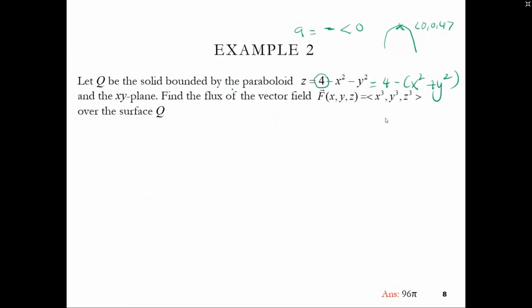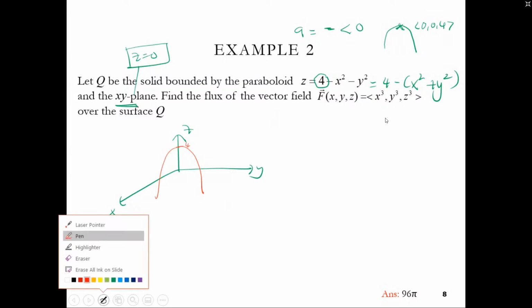Okay, this is the surface. It says solid bounded, so it should be the surface now, and the xy plane. If you draw it in 3 dimensions, for the xy plane we know that z should be 0. So it's bounded by z = 0 and also z = 4 minus x squared plus y squared. So the parabola here should be bounded at 4, concave downward like this. And it is also bounded below by